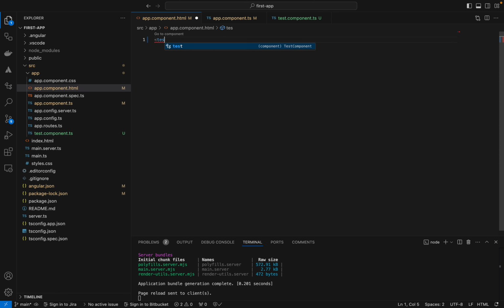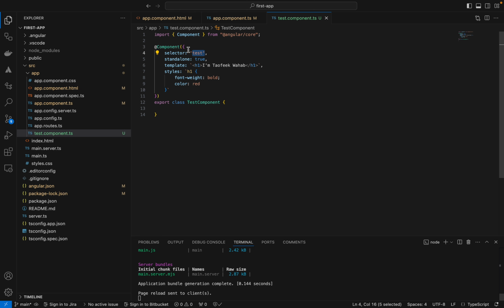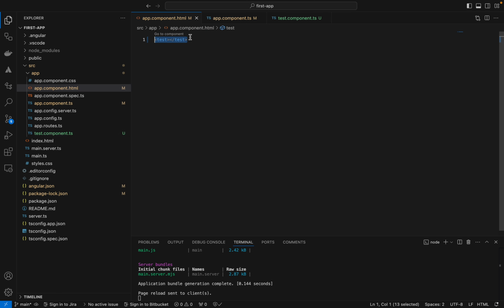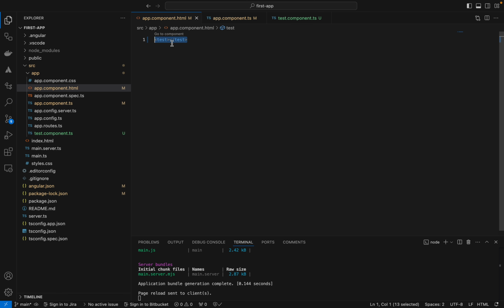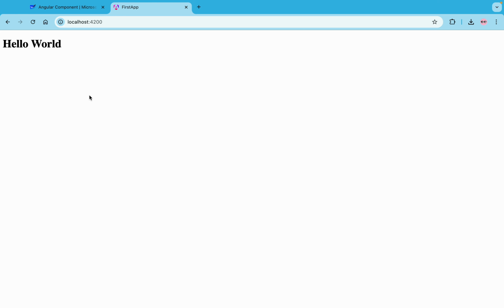So let's say test. Now this is the selector for our component right here. So the moment we mention our tag here, everything we have here will be rendered in this component. Let's confirm if it is working. And voila, we have our component